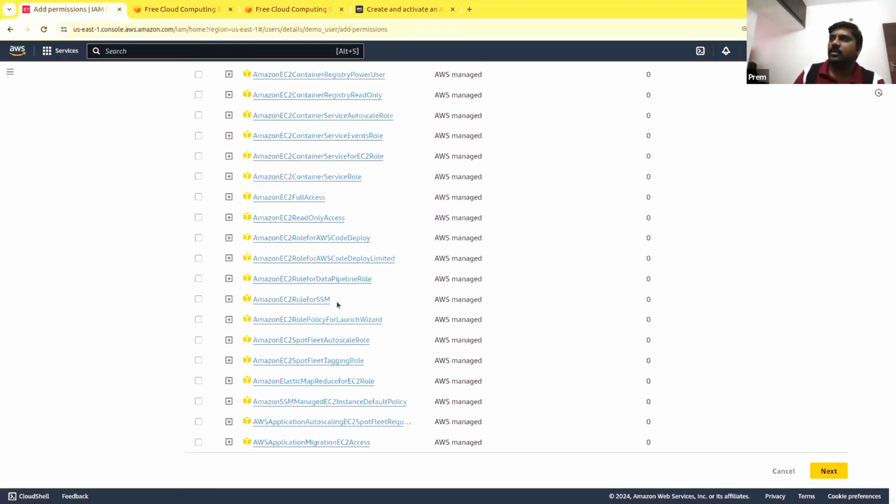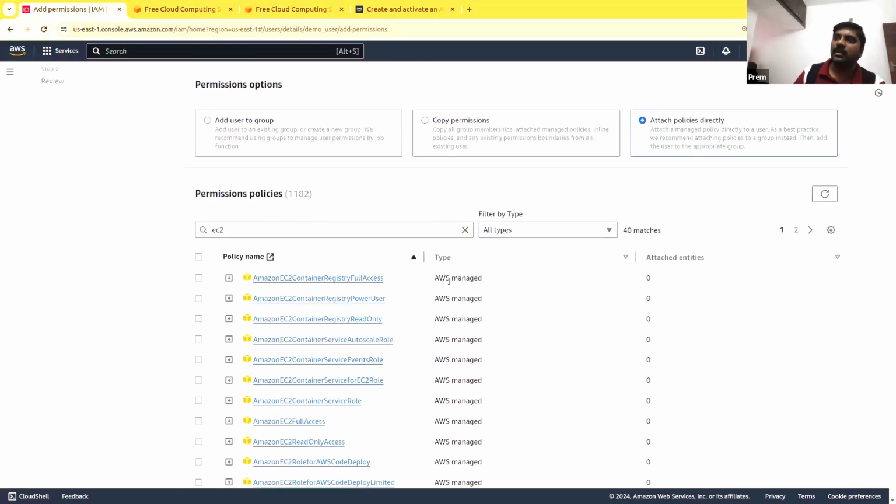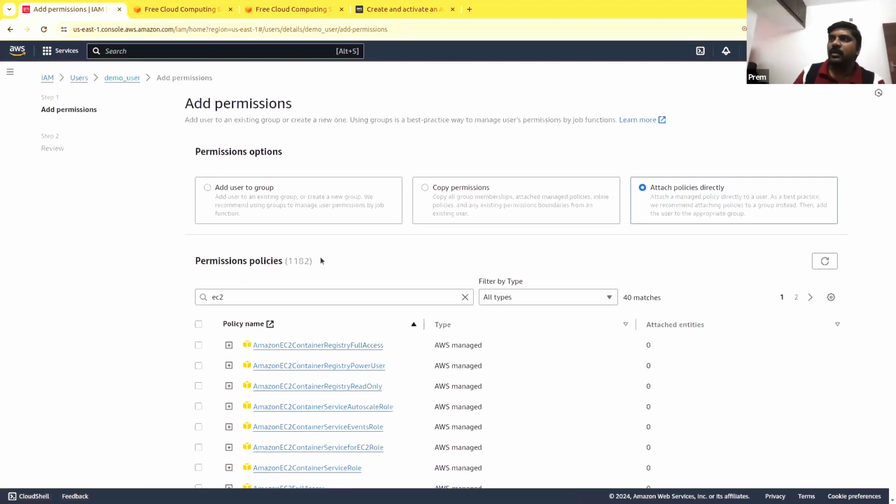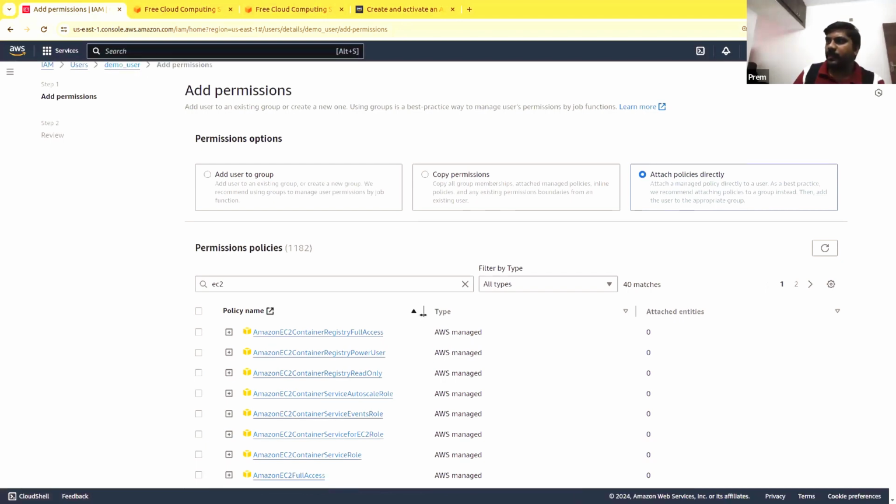These are all AWS managed. AWS has already created these policies for you. For each service, they have created a number of granular policies which you can just go ahead and assign. Otherwise, you can create your own policy as well, which we will see in the permission policy step.